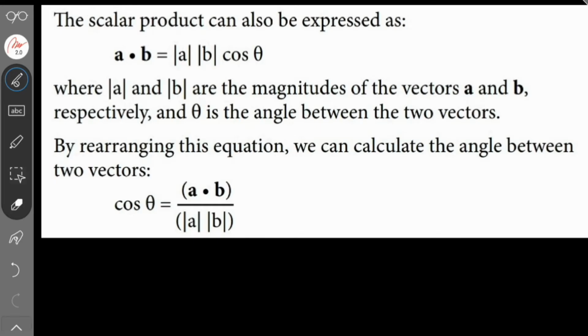The scalar product can also be expressed as vector a dot vector b is equal to the magnitude of a times the magnitude of b times cos theta, where the vertical bars on both sides mean the magnitude, are the magnitudes of vectors a and b respectively, and theta is the angle between